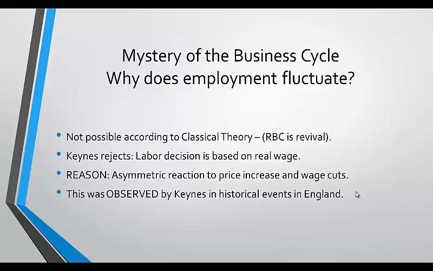So if there is inflation, then the real wage decreases. So if the laborers are making their decisions according to the real wage, then they should equally strike. A 10% cut in the nominal wage is the same as a 10% increase in the price level when it comes to real wage. So he says, no, they don't. So this is an observation, and from this observation he concluded that the wage bargain which is done between laborers and their firms, employers, is done in terms of the nominal wages. So whatever equilibrium you have, it is based on nominal wages. Now this is actually in conflict with